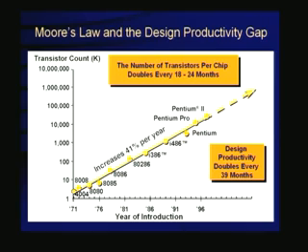This is something I already told you. The number of transistors is increasing, the size is shrinking. This is a law called Moore's law. About every 18 months, the number of transistors we can put in the same space doubles, whereas the productivity doesn't increase. That means I am able to give a larger design, but we cannot make those larger designs in terms of fabrication technology and in terms of productivity.